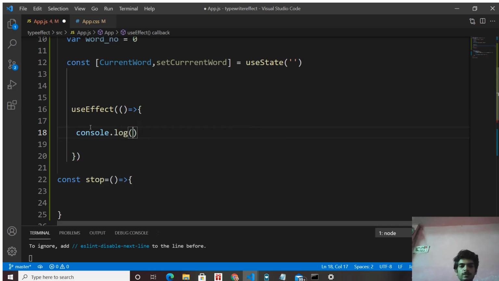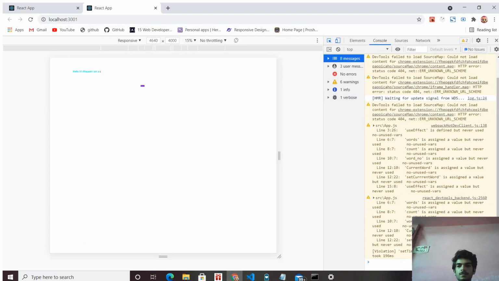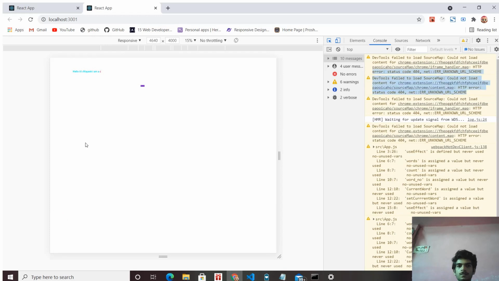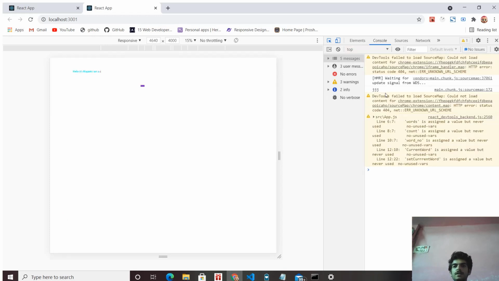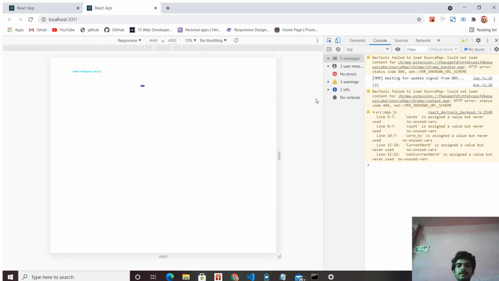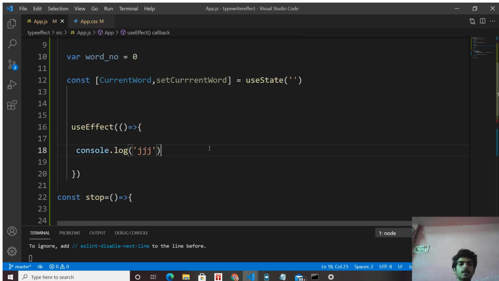Let me tell you how it works. When you save this and come to the screen, see it has printed JJJ, right? That is what we have written in the console log. Okay, see how it works.